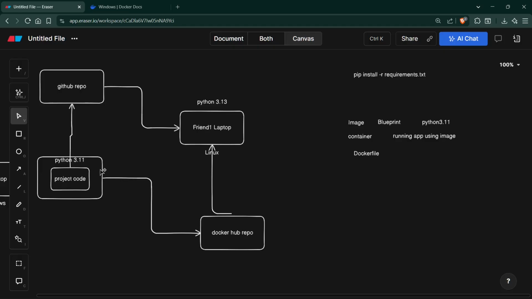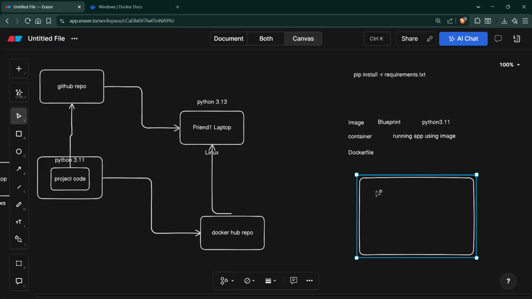So in a Dockerfile, I will create one Dockerfile. Let's consider this as a Dockerfile. First I will say install packages. Then I will say it should run app.py, or I will say run python app.py, and so on. This is called a Dockerfile.